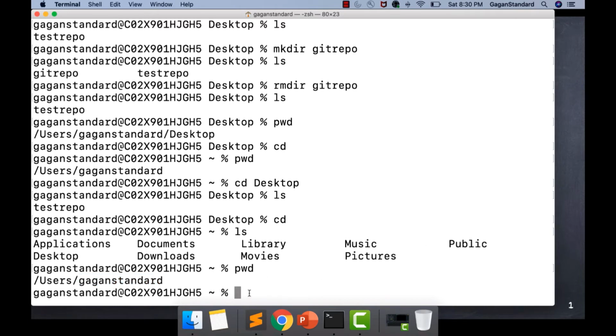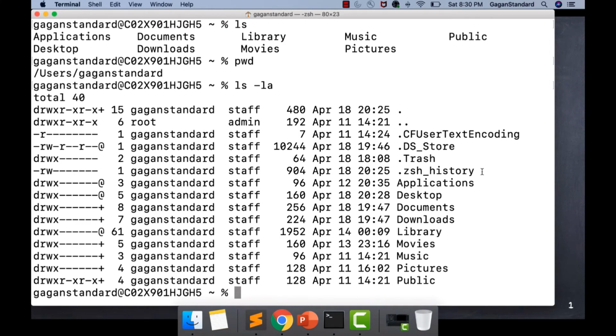Now let's see in detail how many other files are present apart from these. So I will type ls -la. Now you can see there are some other files that are also displayed over here, apart from the ones shown previously with ls, that is .zsh_history, .Trash, .DS_Store, etc. So this is how we can use ls -la. The -la option will display all the files and directories present under the particular directory. It will also show you the hidden ones, so .zsh_history is hidden, and it showed that as well.